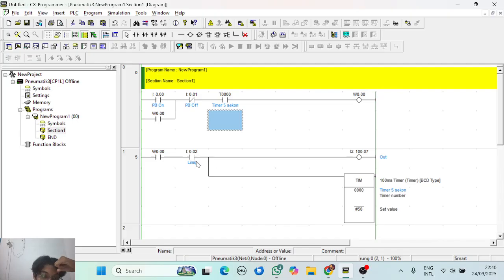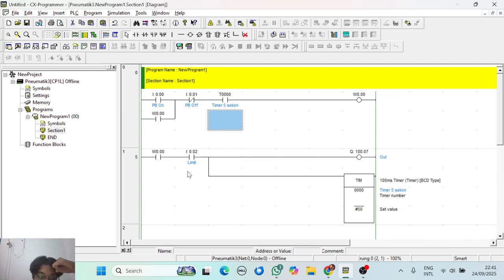A limit sensor we place at 0.02, and a timer with a base time of 100 milliseconds, or that value we can say is 5 seconds.